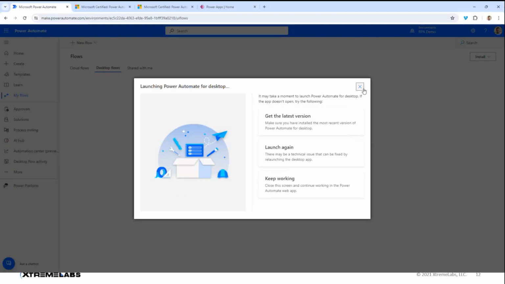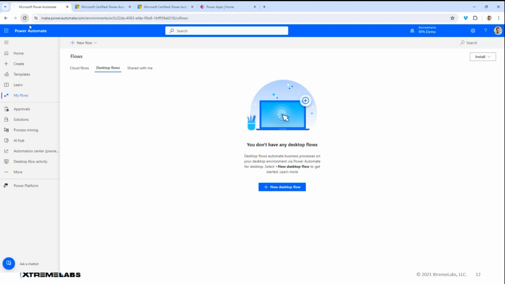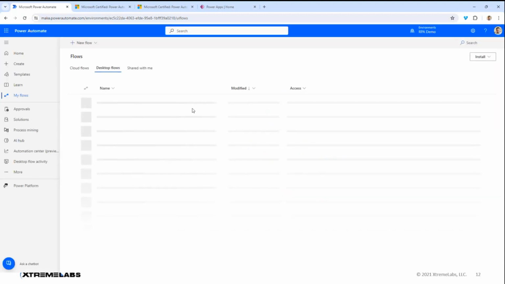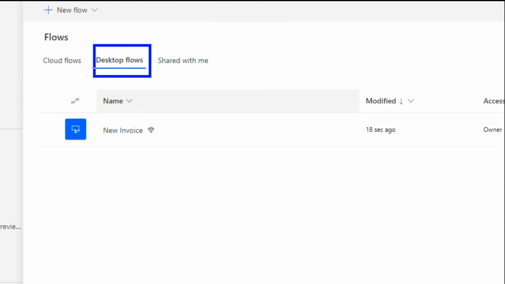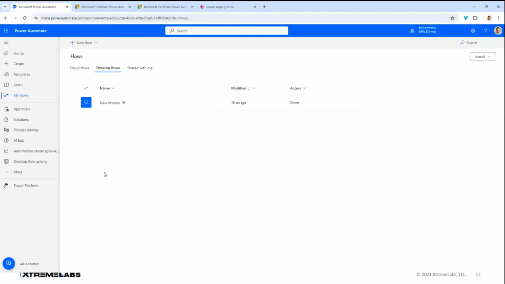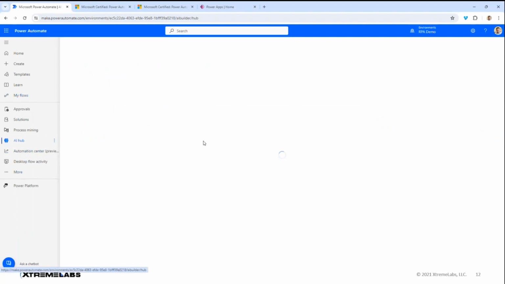Okay, so that's the first part, the first component. The second part is, I can click here, refresh. Okay, so I have a new desktop flow named new invoice. However, this needs to be called from a different flow or a different process. So what we need to do here is create an